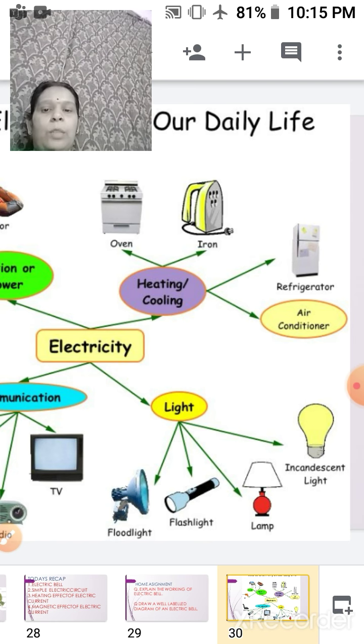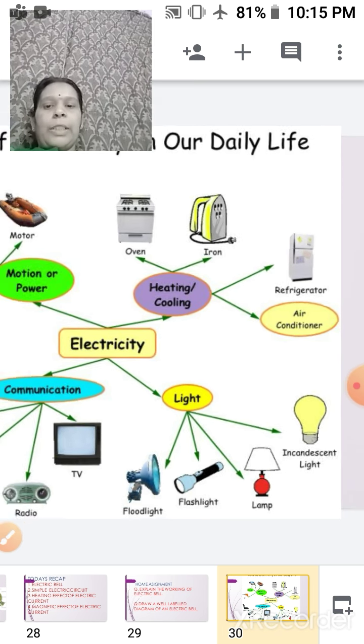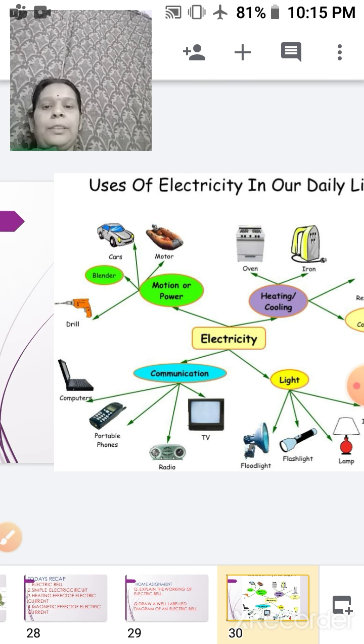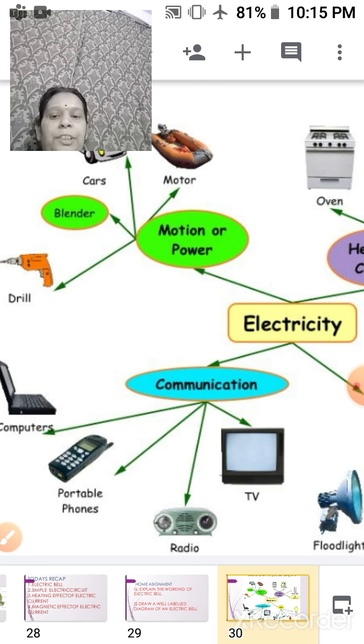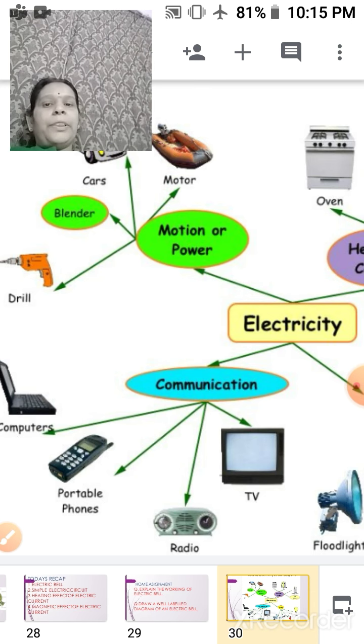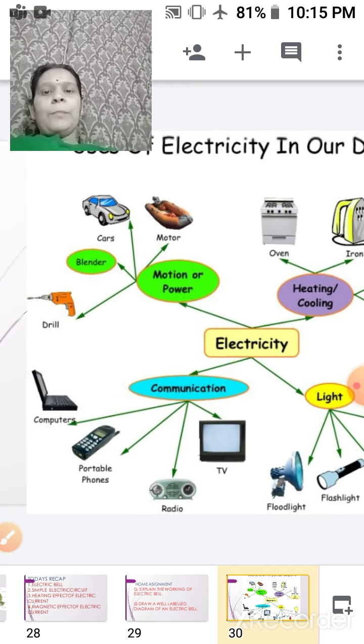Then we come down. Here you can see how we use electricity for the production of light. Then here you are using your laptops, your mobiles, your radio, your phones and your TV sets. So in these different ways we are using electricity in our day to